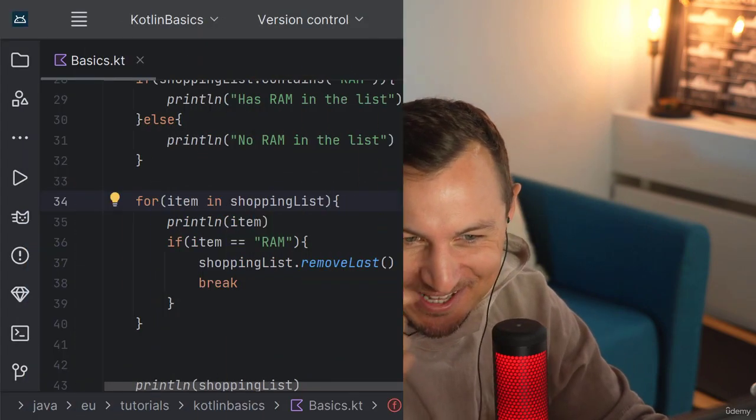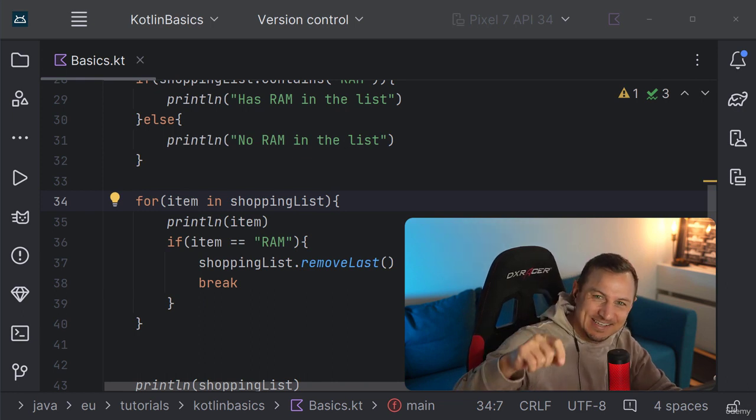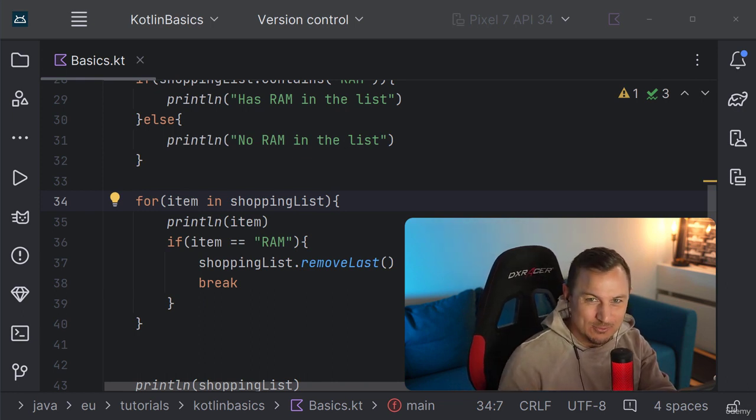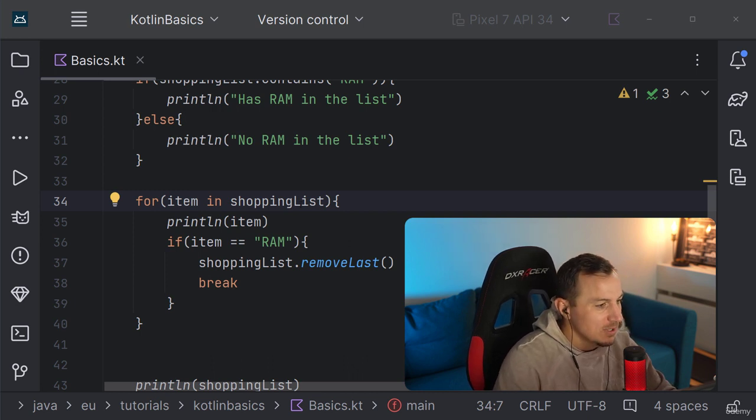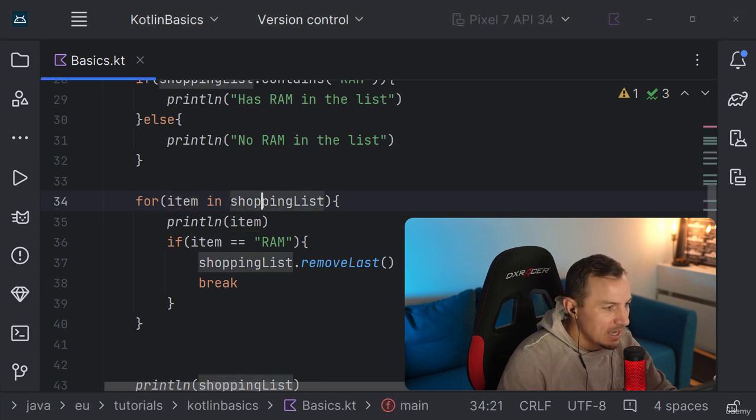So let's keep going. In this video, we're going to look at how we can get the index of an item inside of a for loop. Maybe we want to modify the index of an item in the list, or we want to get access to the index to do something else with it. Well, in such a situation, what we would do is say item in